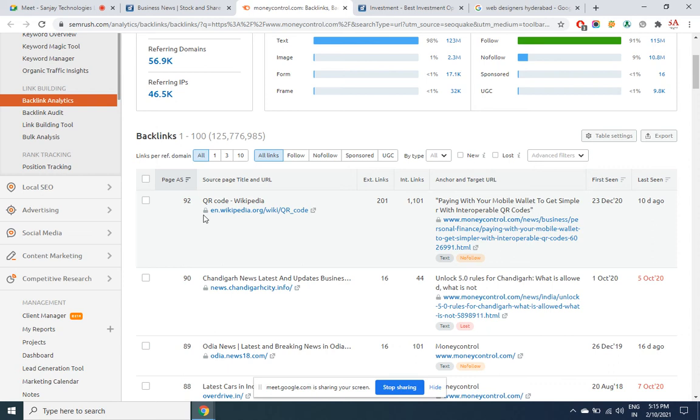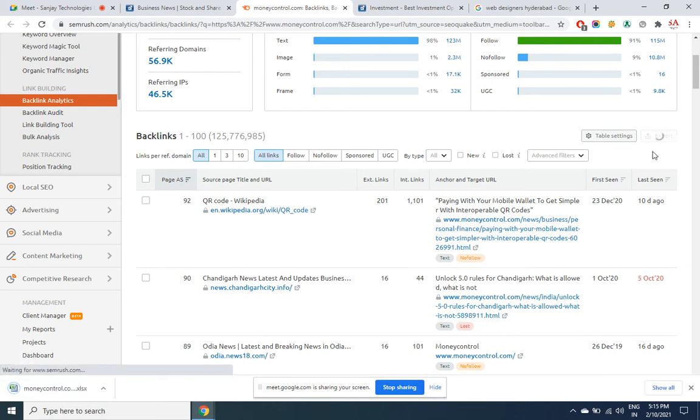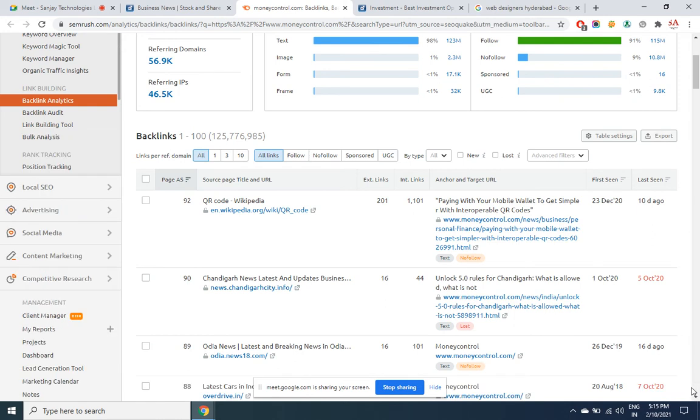We are going to get back to this tool in the off-page link building methods. But for now, understand the significance of this. Like that, you can check even for your page. All this can be downloaded in an Excel sheet. What is the purpose? Later we'll understand. If you know from where your competitor is getting a backlink, why not try to get a backlink from the same place? How do we do it? All that we are going to discuss in the link building methods.